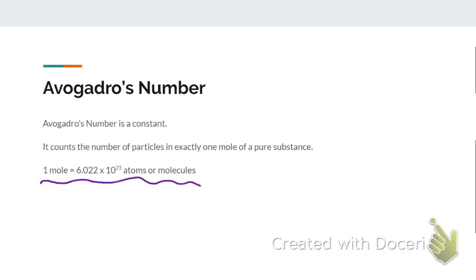If we're talking about carbon dioxide or sugar or water, it's a compound that's held together. Again, it has more than one type of element in it. We would count that using molecules. And so 1 mole contains a very, very large value, 6.022 times 10 to the 23rd. And later on this week, I'll have you watch a video that helps explain how large that number